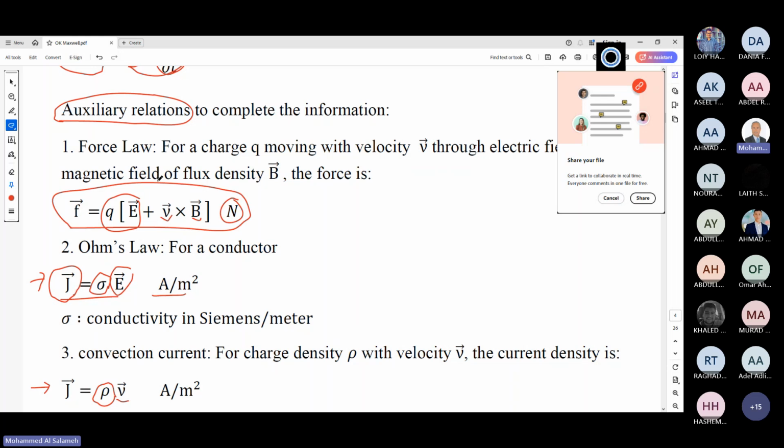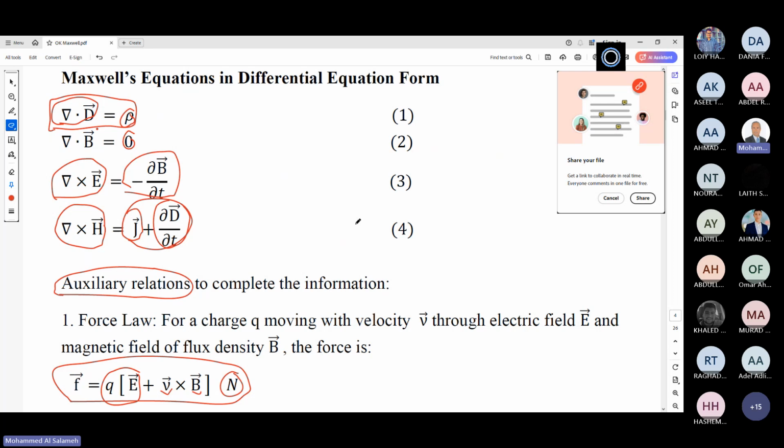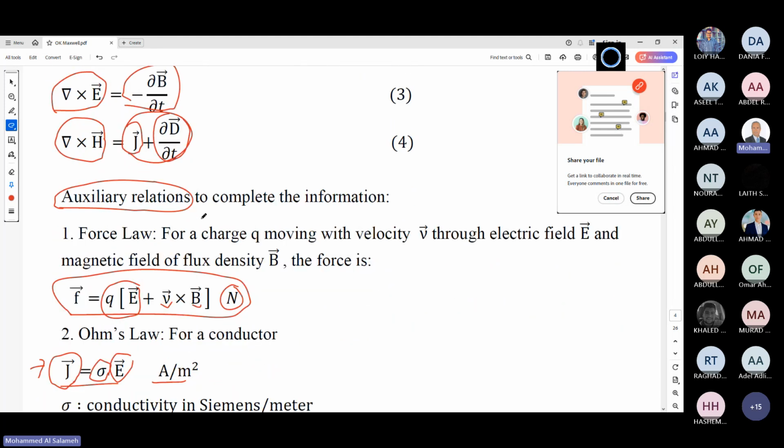These are additional helping relations so you can solve the problems, because if you count them as ordinary equations, you have 4 equations. And how many unknowns? We have D, we have rho, we have B, we have E, we have H, and we have J. Okay, the unknowns are more than the equations, so we need extra equations to be able